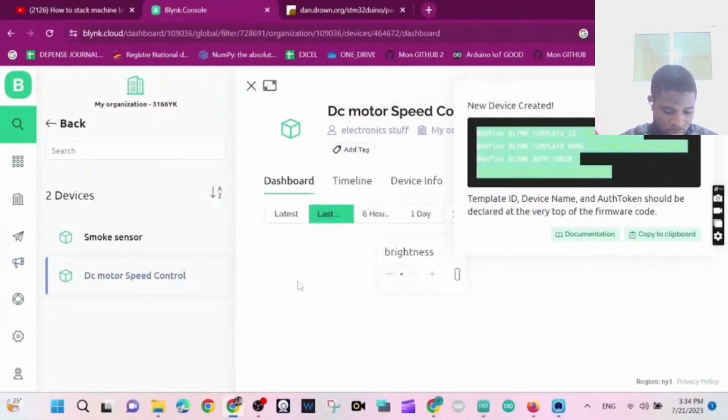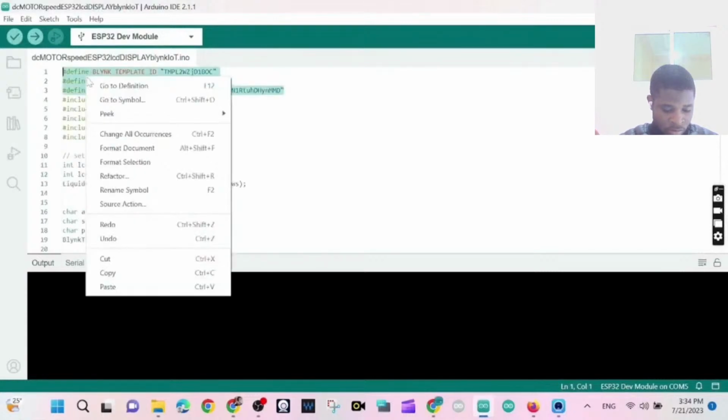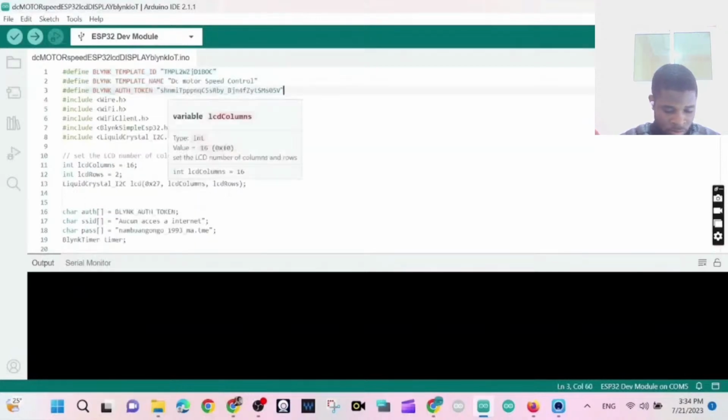You copy that and you go to the Arduino IDE and you paste them there. I'm going to replace these old Blynk